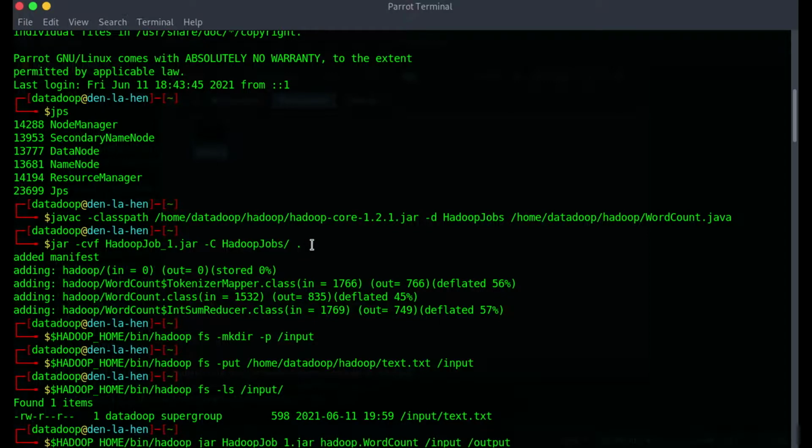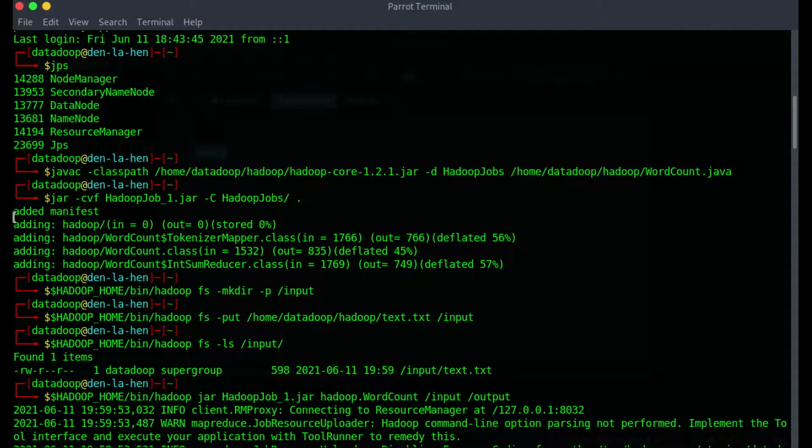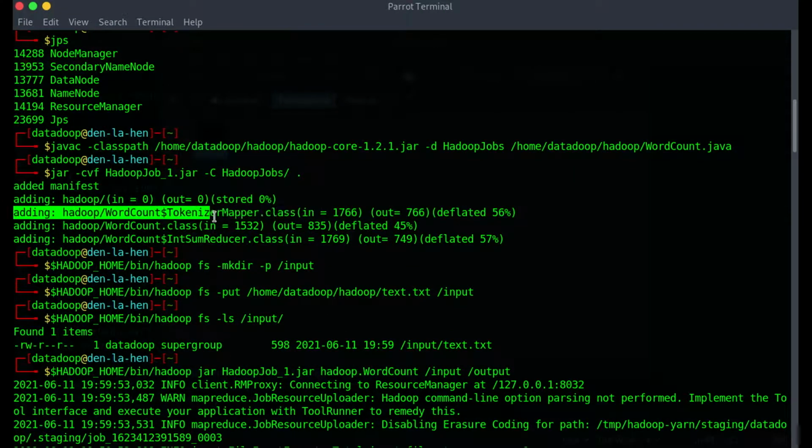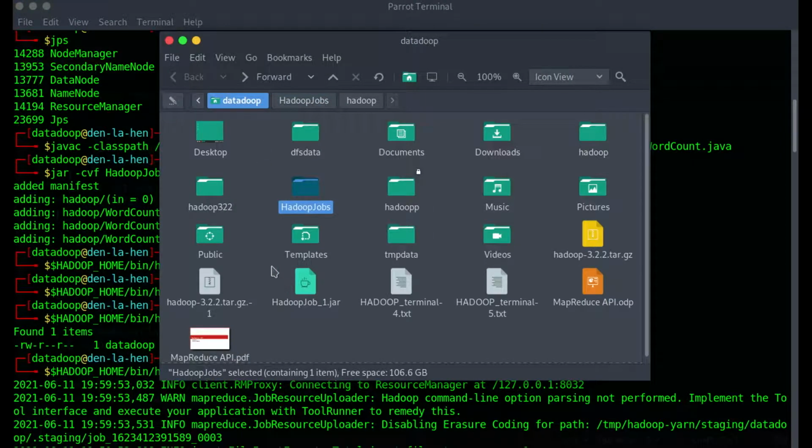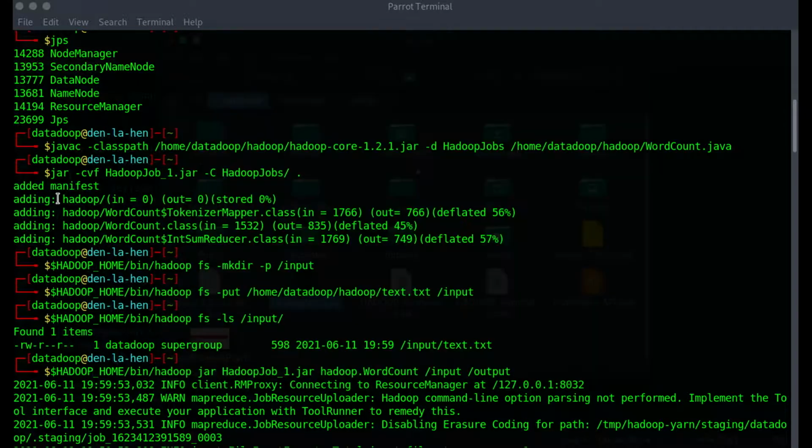If this command gets executed and all the class files have been added successfully, then a jar file will be generated, hadoop_job_1.jar. If this is done successfully, you can go for the next command.